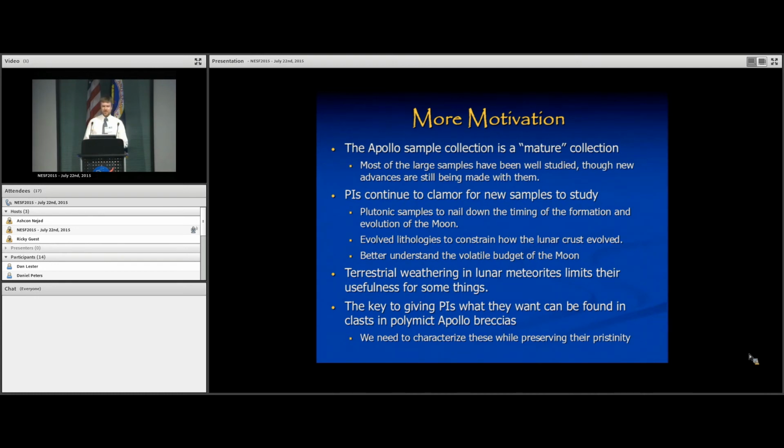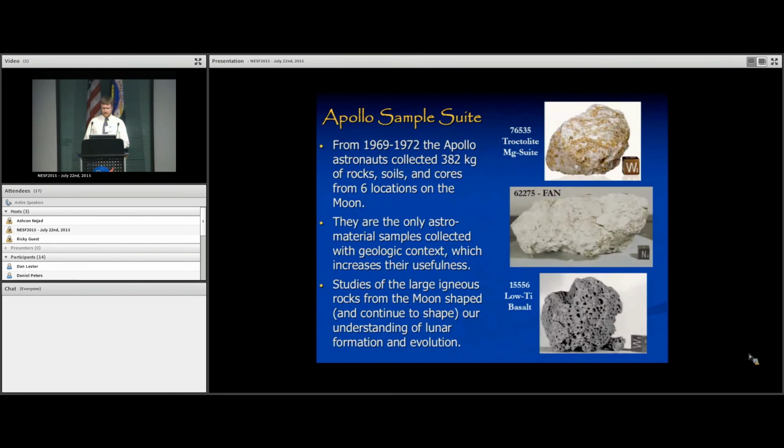So, they have been key, but these samples do have some limitations. There are only certain things that are available within them. Some of these samples are only available in small amounts, or even have been entirely used up. But there are possible new avenues for finding new samples, and these are potentially held within